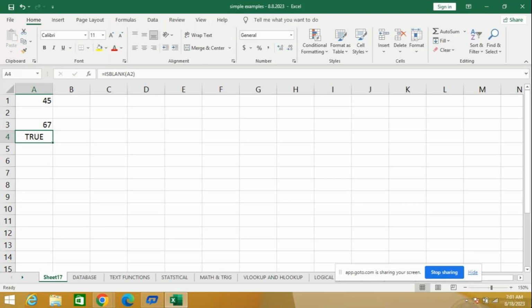Yes, ma'am. Okay. Now in case I go to that A2 cell and if I type any value, automatically it is going to show you false. Clear? Yes, ma'am. Okay. Now